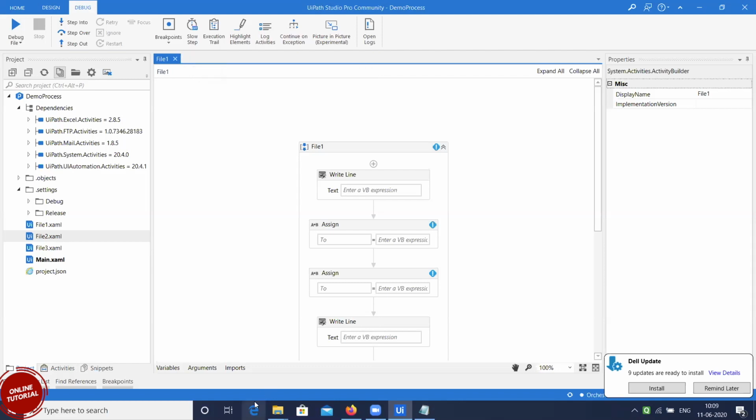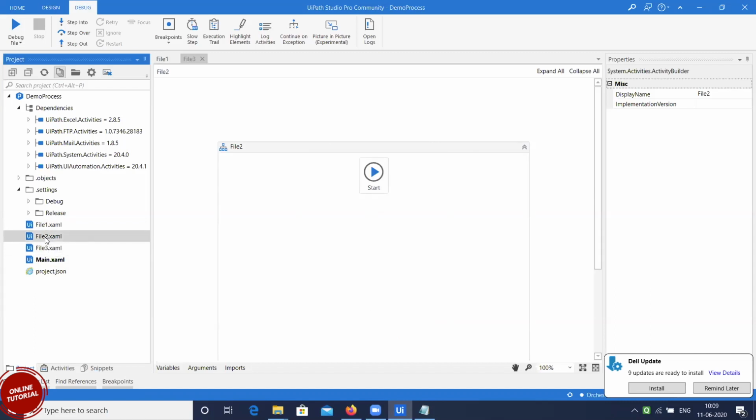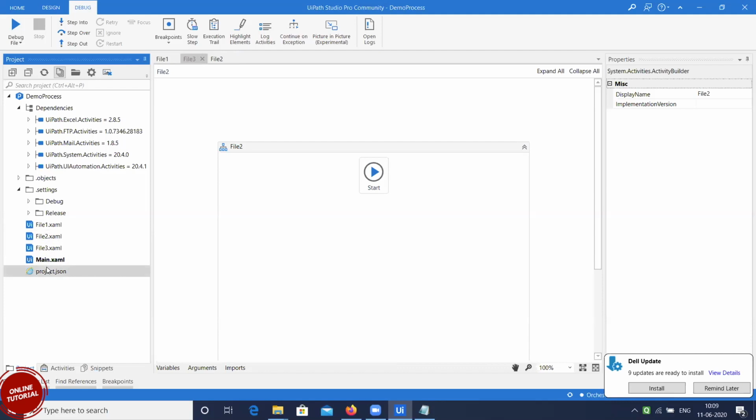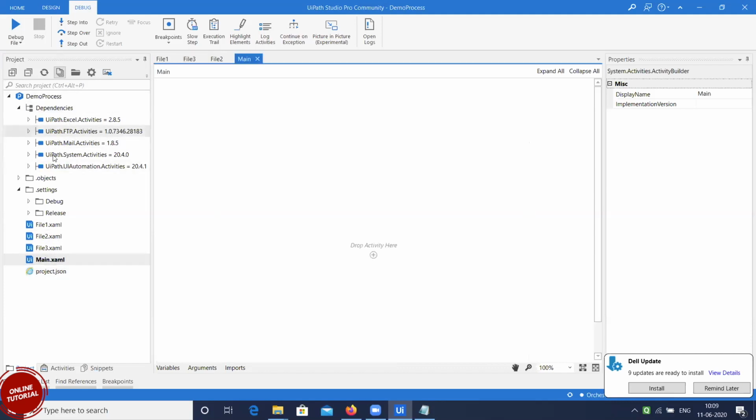If I open from the folder, it will open two instances of UiPath. But I can directly double click and open all together here. Got it? So the project section is all about getting all the project files that are part of this project.